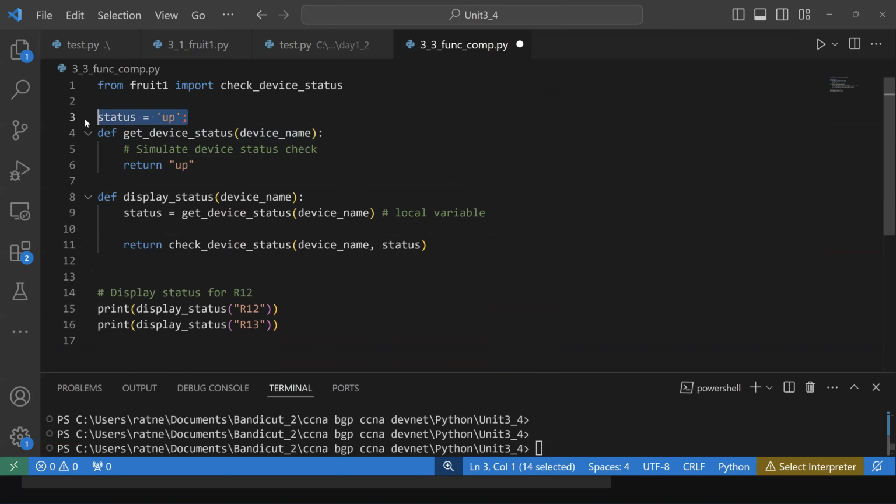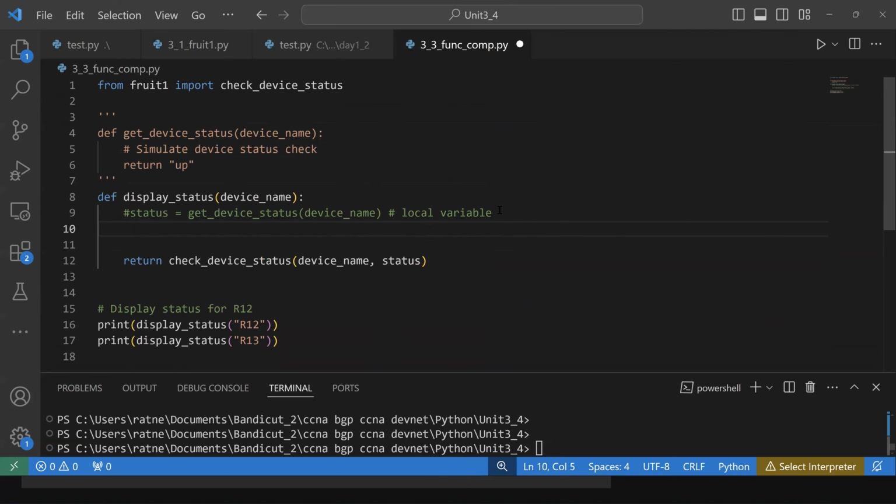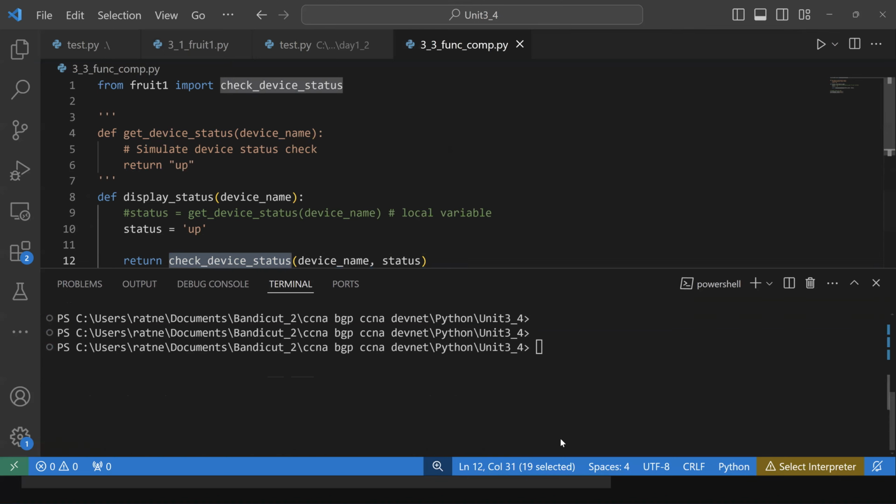You gotta practice it also. If I go and remove this, and do 1, 2, 3, and comment this, and do status equals to up, now you can see that I have only one function and this function is returning the call from the import, where we are checking the status of a device. Instead of calling this value from some other API, you can think like we are doing vManage and DNA and we are calling API within API. So we are not calling this from a function in vManage and other things. It would be API calls, calls within calls. Instead, I am statically defining some local variable. And then if I run this,